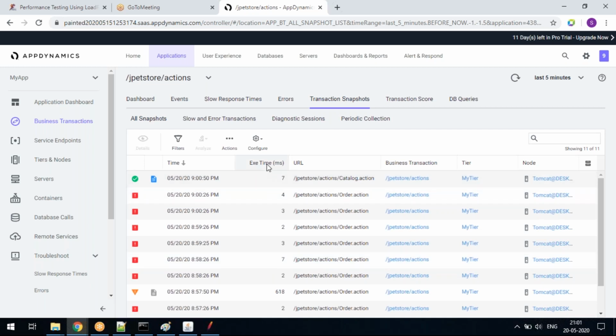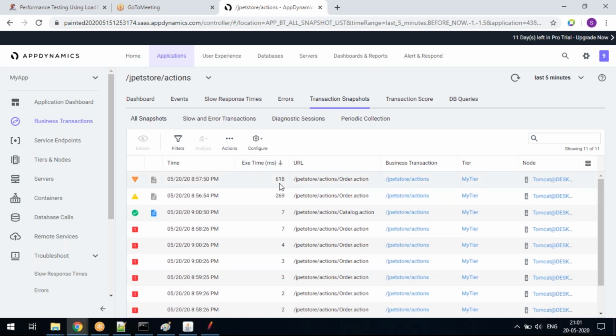You can sort this execution time column. You can see this particular one took 618 milliseconds. Don't think 618 is not a very critical problem. This is a localhost application. For that, 618 itself is very wrong, right? So 618, and then there is a concept called call graph. You can see here there is a gray color one, and here there is a blue color one. So what does that mean?